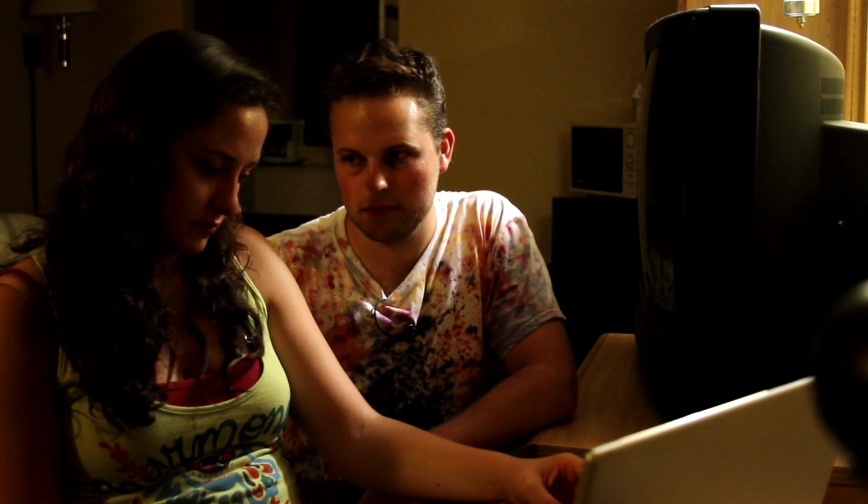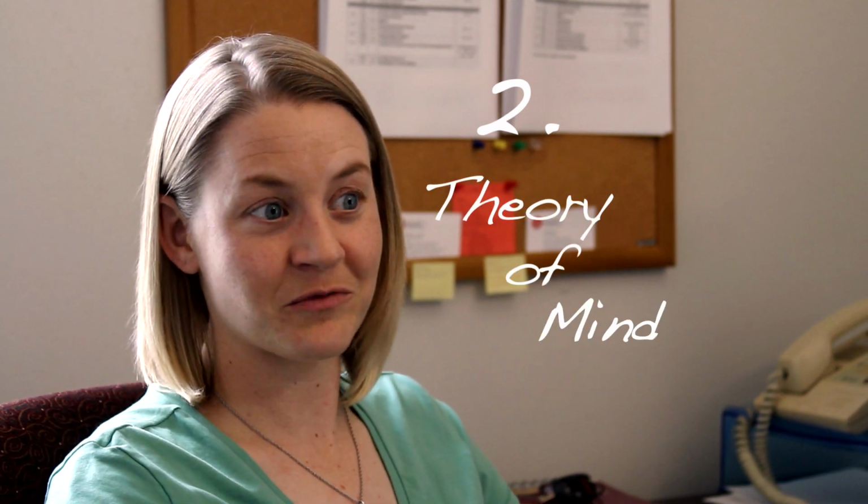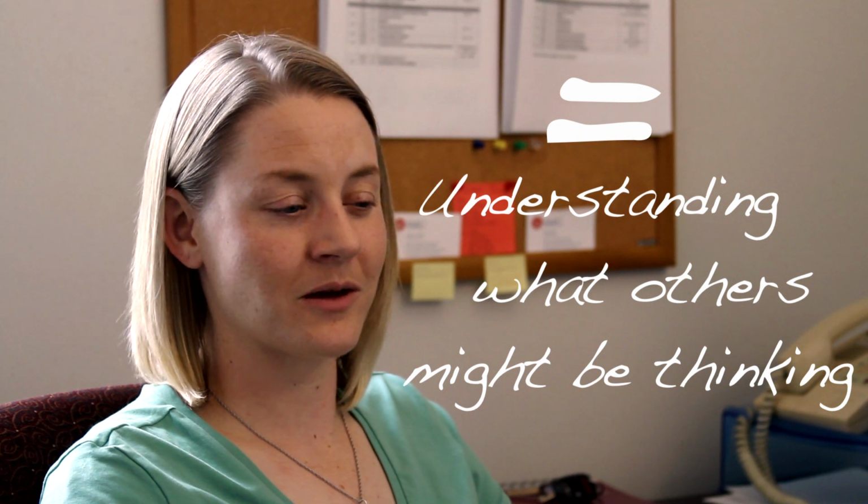And then you can get into more complicated social emotions. These would be things like embarrassment or jealousy or guilt that you can get from somebody's face, but it's much more subtle. The second area, it's a really neat concept, is called theory of mind, and that's being able to understand what somebody else might be thinking. So being able to understand their intentions, understanding that someone can think something that may not be true, right? Because they don't have the same information that you have.